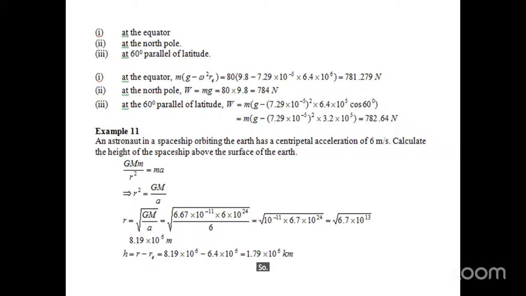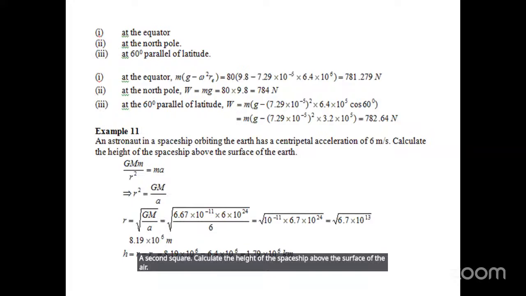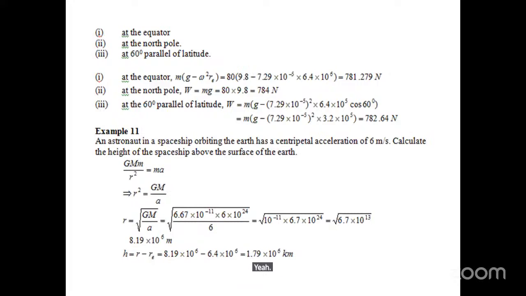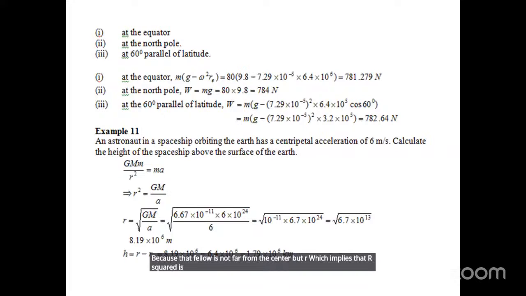Example 11: an astronaut is in a spaceship where the Earth has a centripetal acceleration of 6 meters per second squared. Calculate the height of the spaceship above the surface of the Earth. GMm over r squared equals ma. Notice that we are using r, not re, because the spaceship is not re from the center of the Earth, but r,